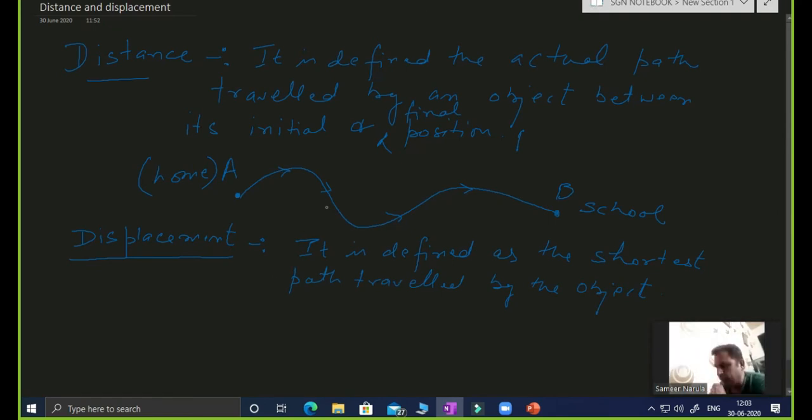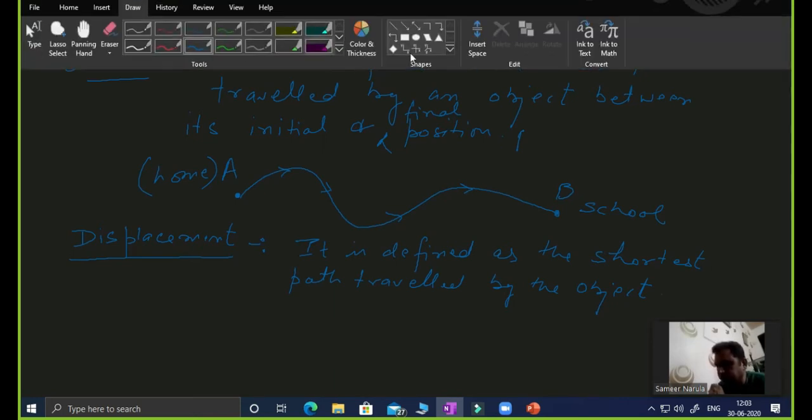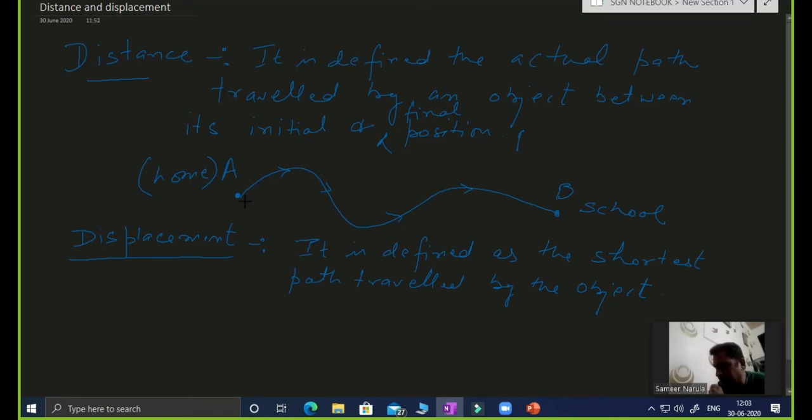For example, if I take the example that we are taking above, I will make it very clear to you what would be the displacement in this example. For this one, we have to take the shortest path. The shortest distance has been taken right now here. Now this should be counted as a displacement. We just call it displacement.